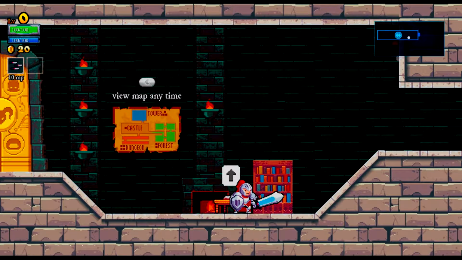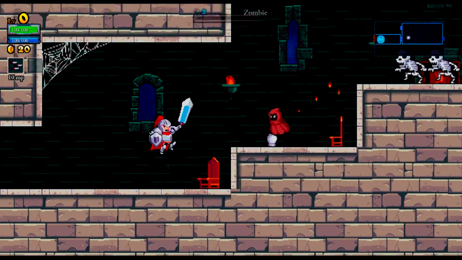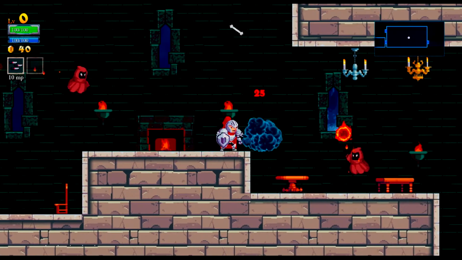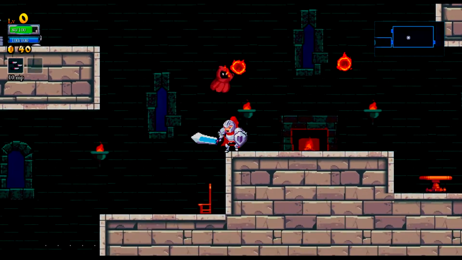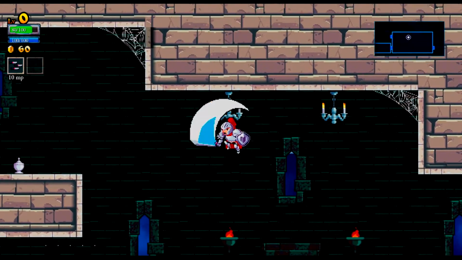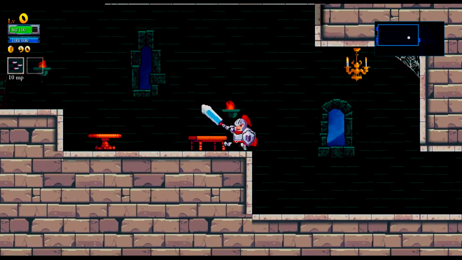We'll find a couple journals throughout the game. I think there's 25 total, but it's random when we come across them. Now, as you can see, it's pretty much a Castlevania style game. But again, the levels are randomly generated, and it's kind of like Binding of Isaac. We're gonna have multiple runs